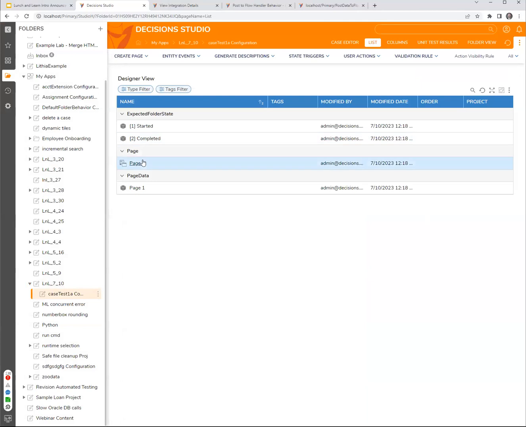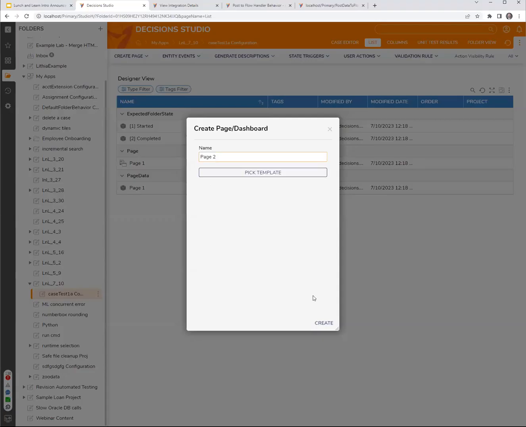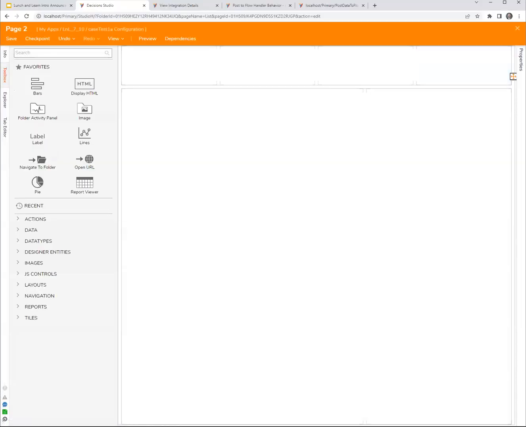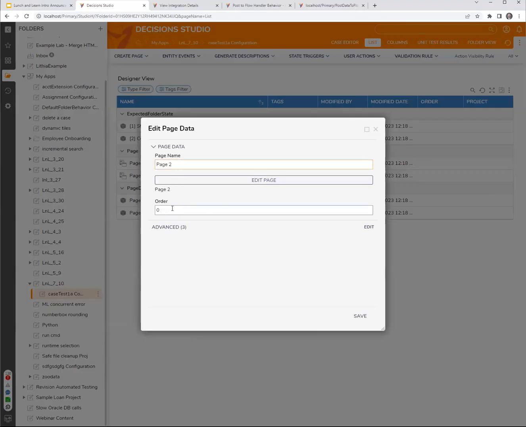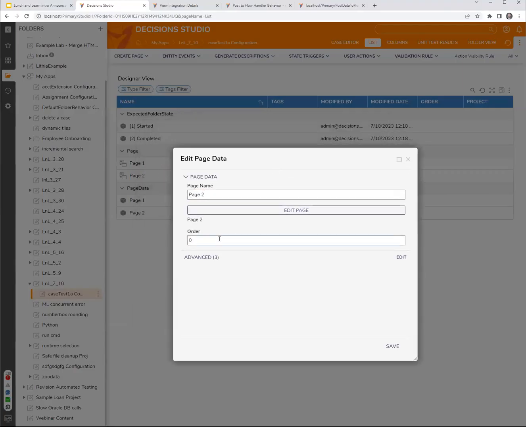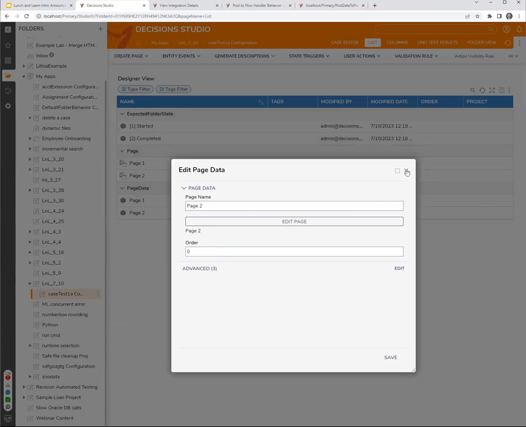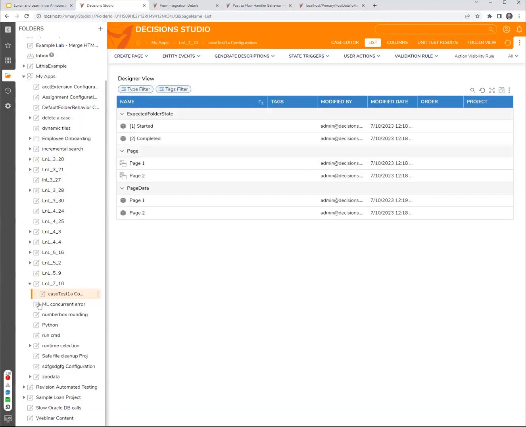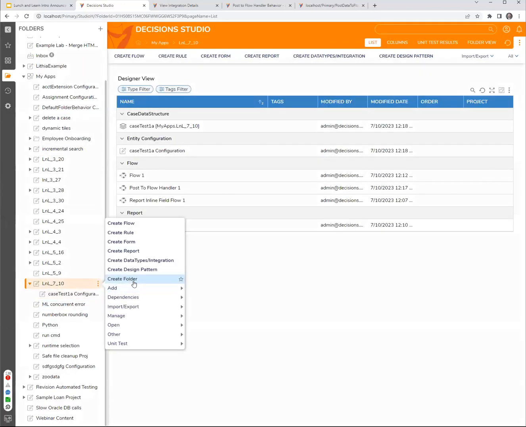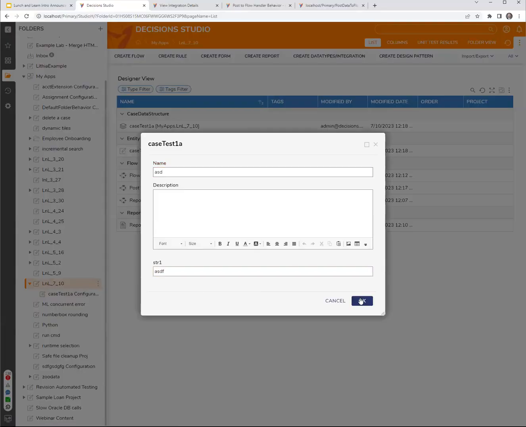Well, I have page and I have page 1. So let me create another page, page 2, create, and then you're going to get page 2. Now, if I look at the page data object and I edit page 2, I have the order property here. The order property controls, 0 means default. So if I edit this and set this to 1 and then create a case, add case test 1A, garbage,